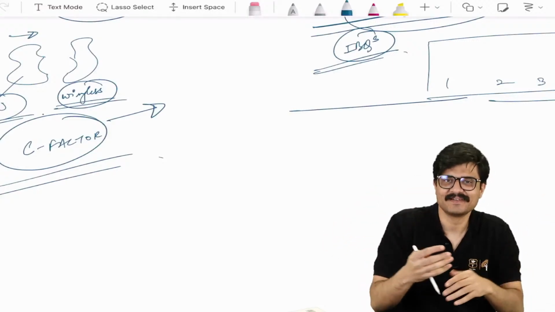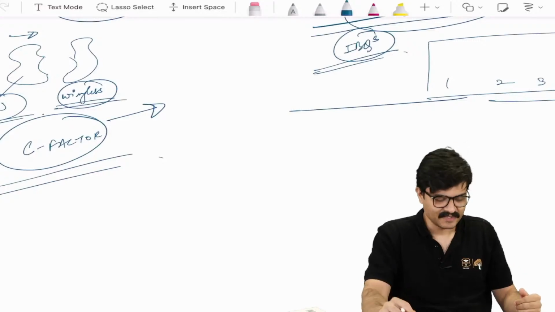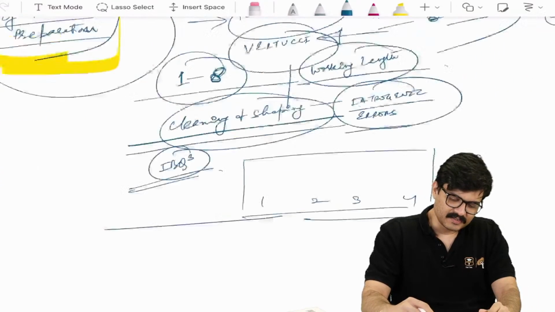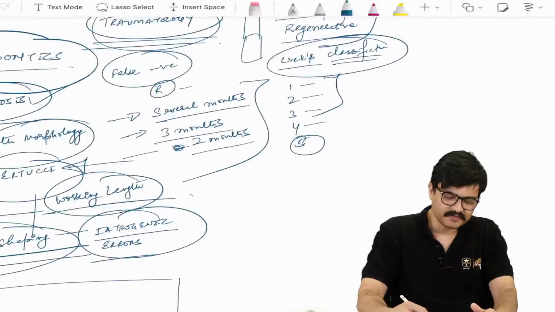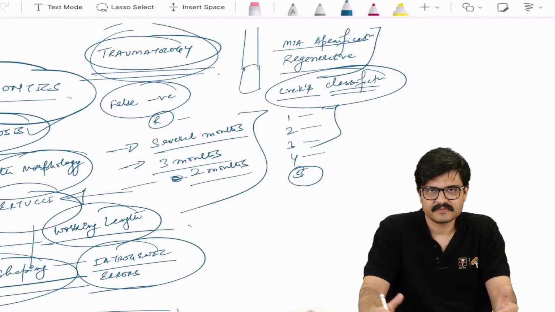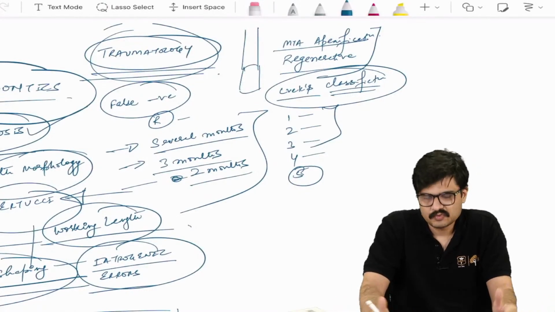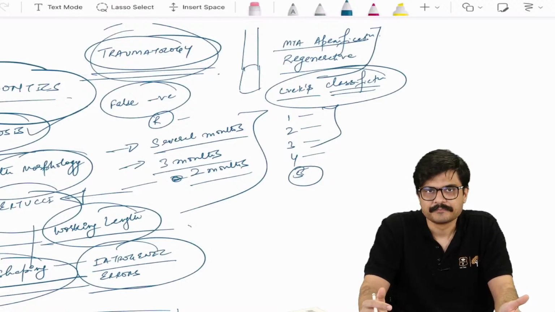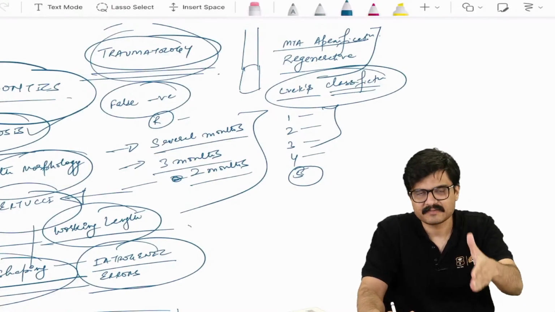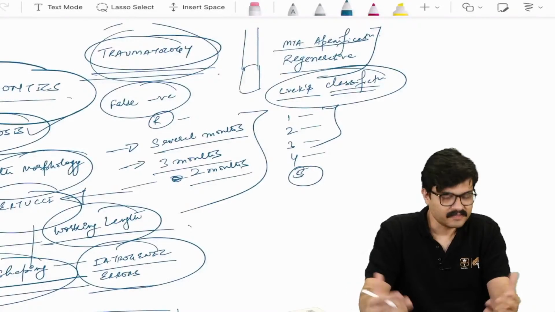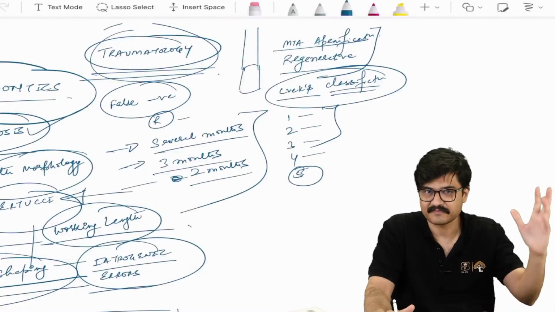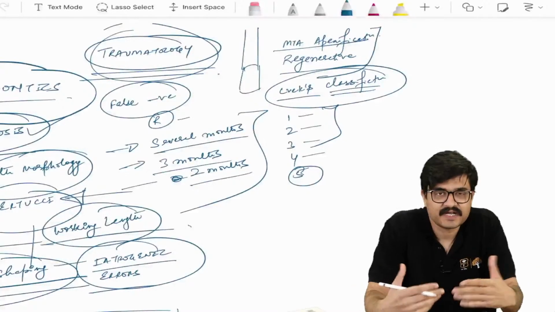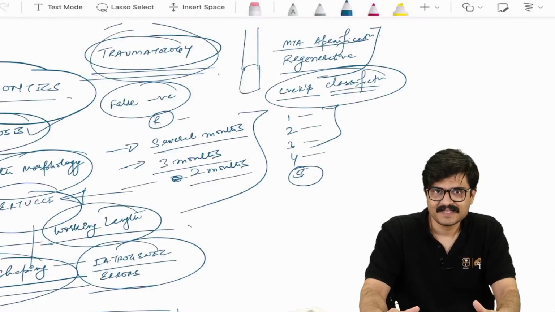So do that well. I always tell myself, even while I'm practicing in my clinic, I'm doing my endo cases. Irrespective of how tough the situation is, how tough the case is, I just tell myself that I can only do what I can do, right? But that has to be done in the best possible manner. I try to follow all the standard operating procedures. I try to isolate my case, irrespective of whether it's a retreatment case, upper 7, lower 8, lower 7. I try to isolate it with my rubber dam. You have to do it.